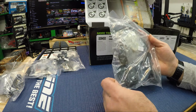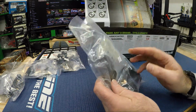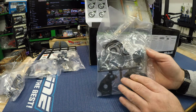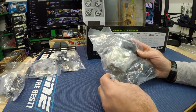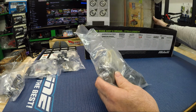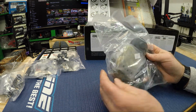Bag 4 is the transmission. And I believe this has an overdrive that I can put in, or 2 different types of gears that I can put in. So I'm going to get into the book and look at that a little later on. So we'll go through that. Oops, I don't have a lot of space on this work table in front of my computer, guys. So bear with me a sec. Yeah, so transmission